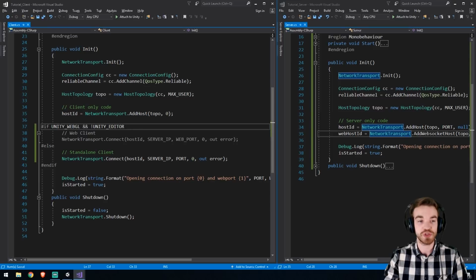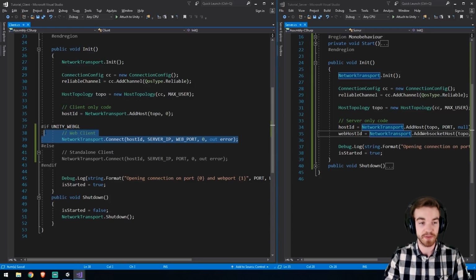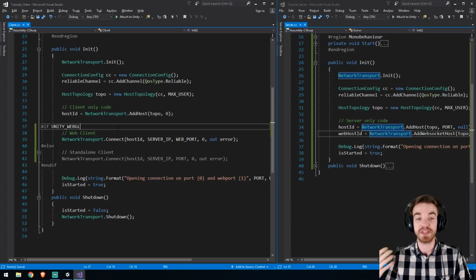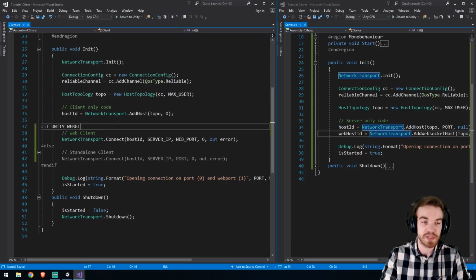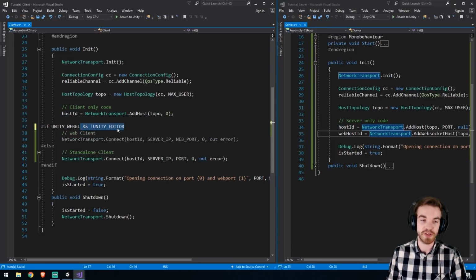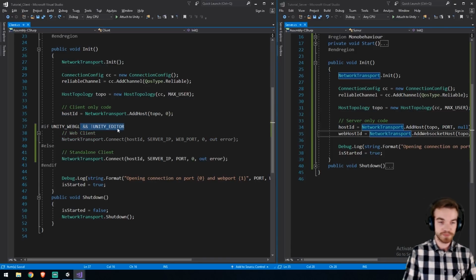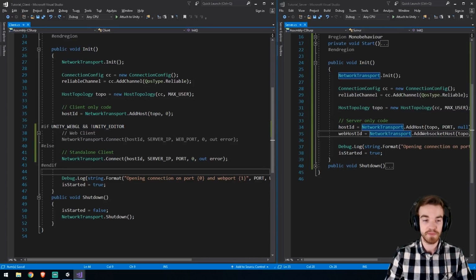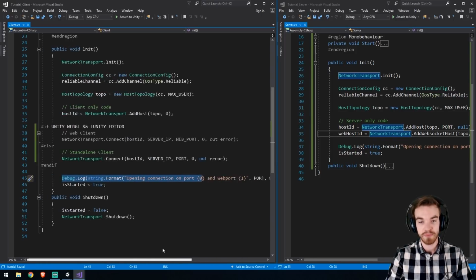Since we have now switched over to WebGL, we need to have the end statement, else this is what happens. When I remove it, as you see, this one got highlighted because we are targeting Unity WebGL. Therefore, it just thinks that our logic here is fine. It actually is fine. That's what we're targeting. But we also gotta say that we're not in the editor. Okay, this concludes it for the client side,